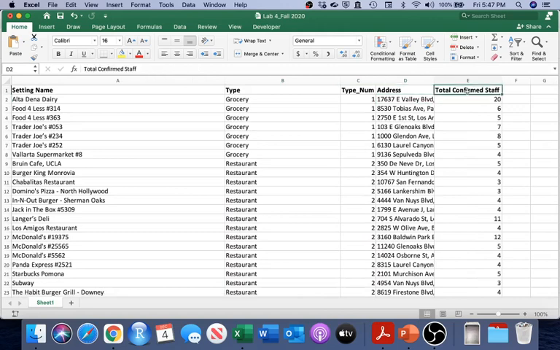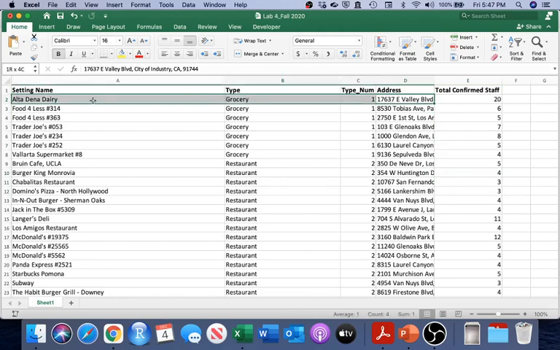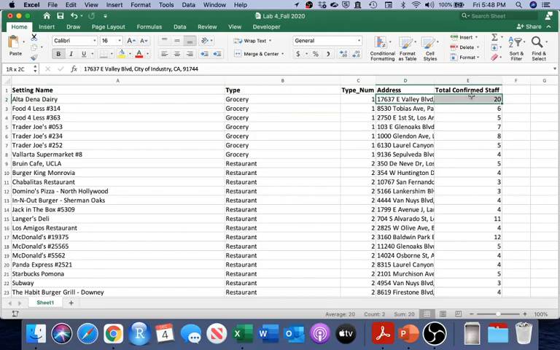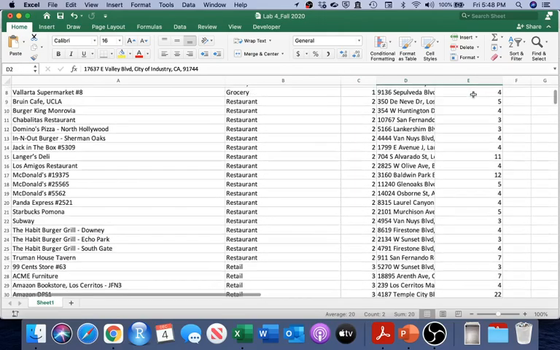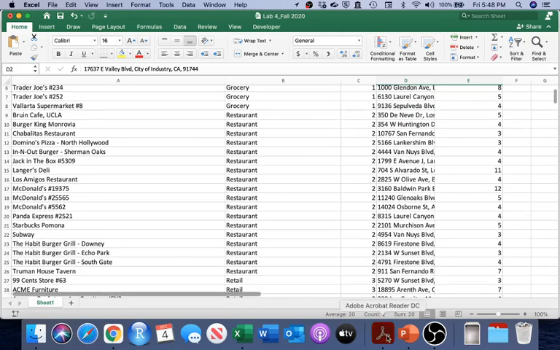And then it has the total number of confirmed staff. So if you're interested, this particular Altadena Dairy, I think that might just actually be a workplace, but let's just keep it as grocery. This site has 20 confirmed staff. Okay, so now